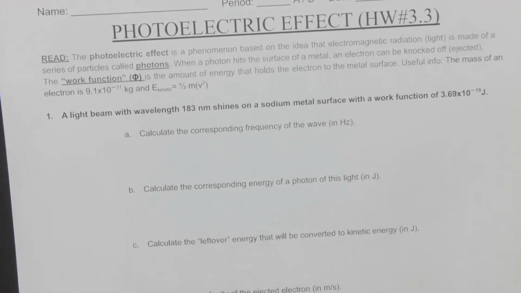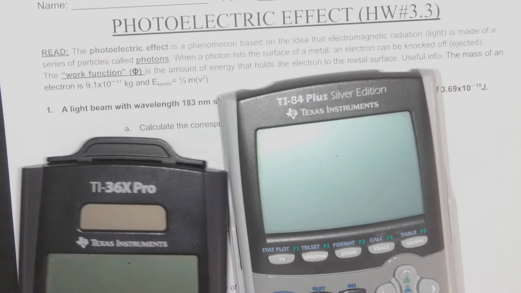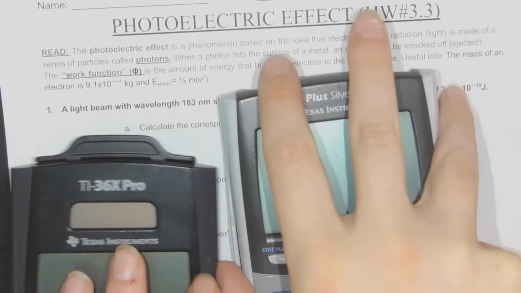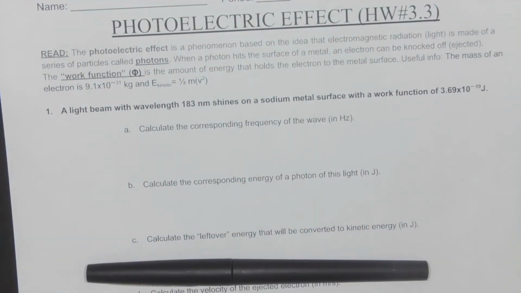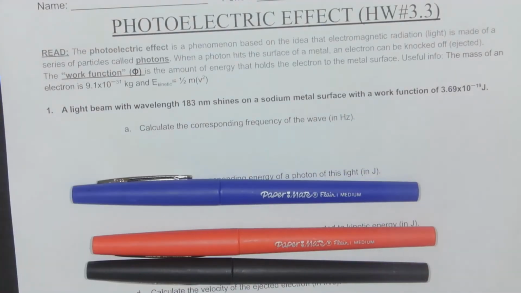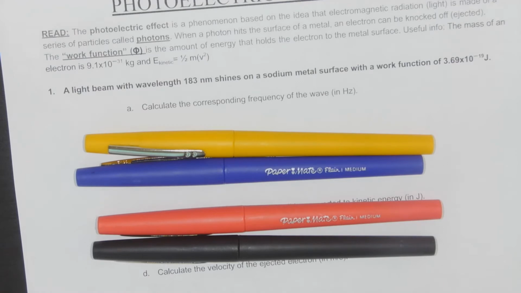And here's the homework. Now for today, what you're going to want is a calculator. You can use this one. You can use the calculators in my classroom. I'll try and use both so that way you can see how these calculations work. I'm also going to be using several different colors. My black marker, just regular, red, blue, and this yellow color for what we've used so far in the chapter,